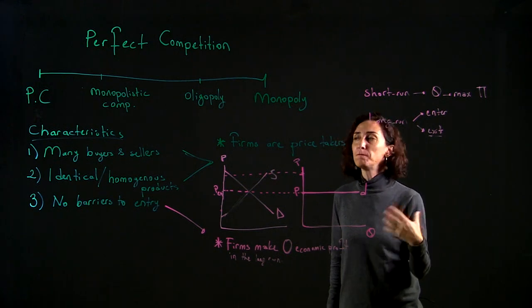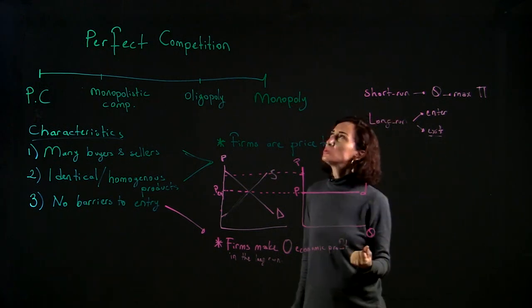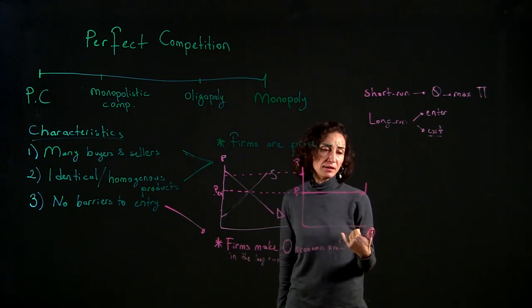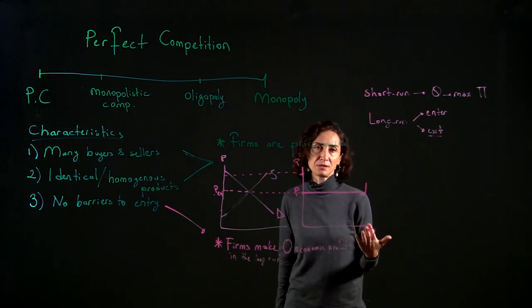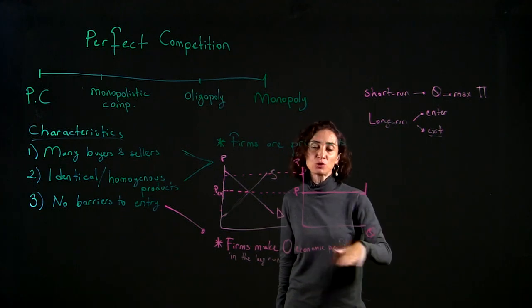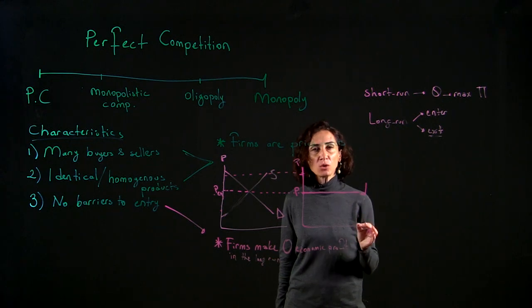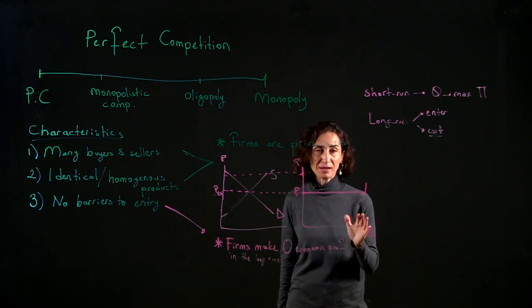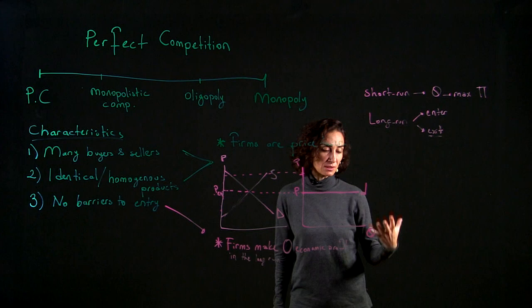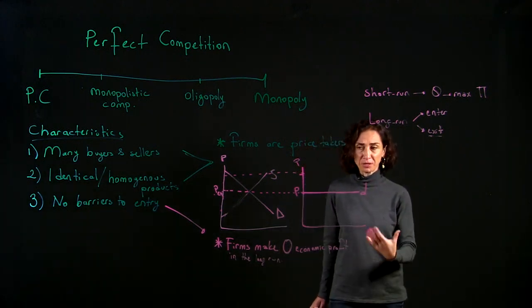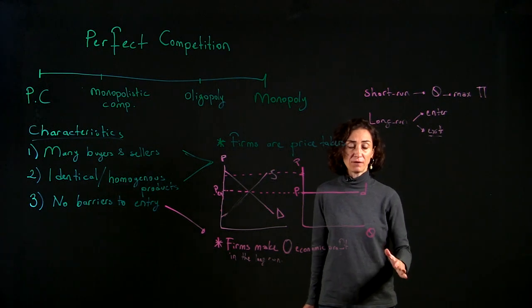Entering or exiting, as defined by this course, is a decision that firms can make only in the long run. Why? Because let's say I'm making a loss. If I'm making a loss, it makes more sense to just quit it, right? To just shut it down. Now, because we made that assumption, there is a fixed input. For instance, I'm a restaurant owner. I rented a place for a year.